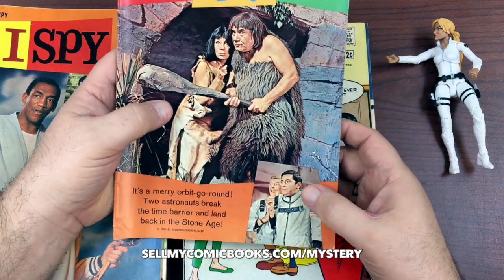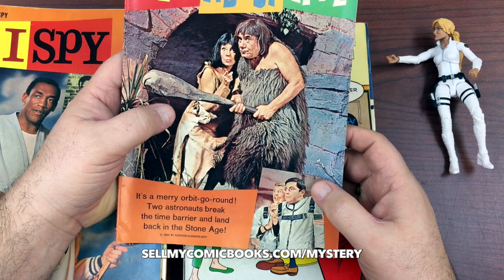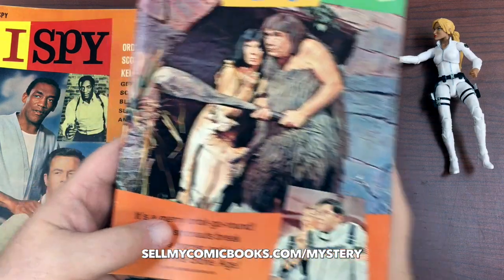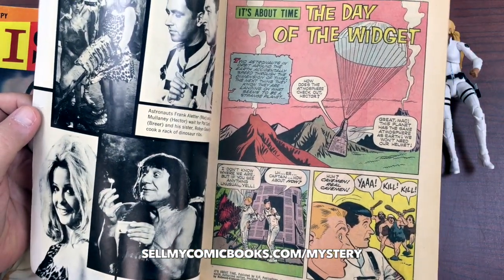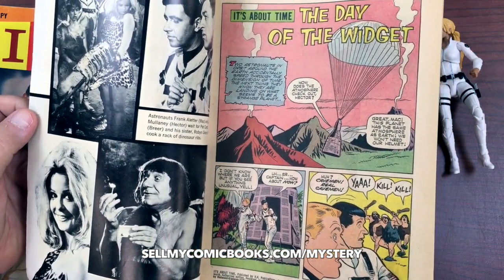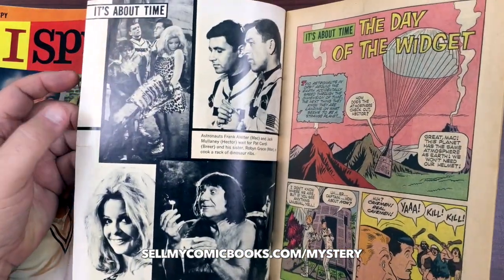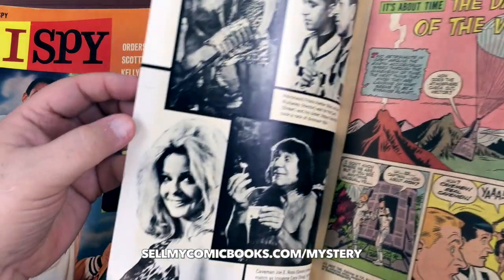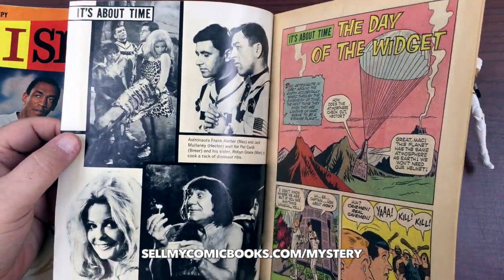I have no idea who these actors are. This is obviously based on some kind of movie or TV show. Do you know what this is? It's a one-shot. It's got no issue number. Well, there's some more shots from the show. It's fortunately got a little half-inch rip there in the front cover, but